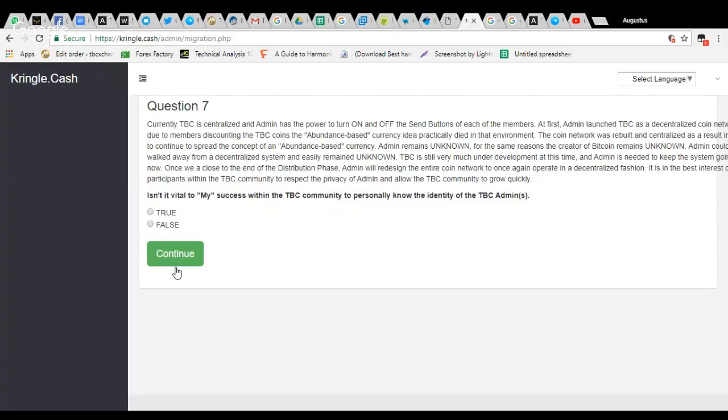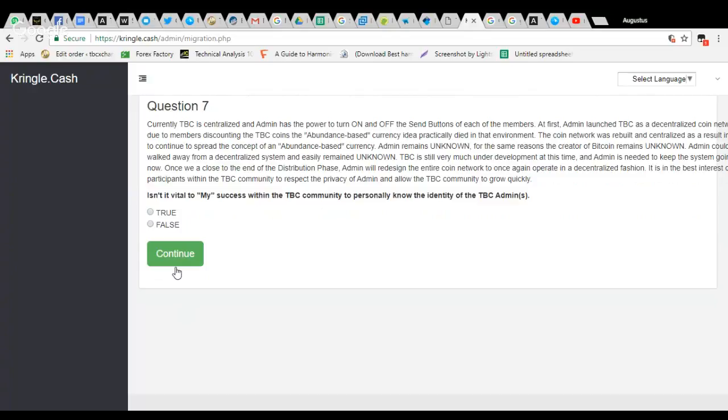Yes, TBC is the correct answer because it is better that a money system is driven by the people instead of the airlines. So we choose the right answer, which is the second answer, and then we move on to question 7. Question 7 says, currently TBC is centralized and admin has the power to turn on and off the send button of each of the members. At first,